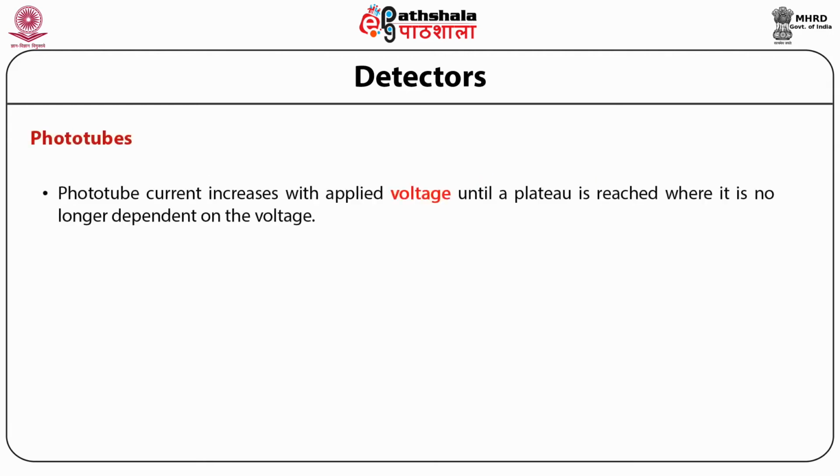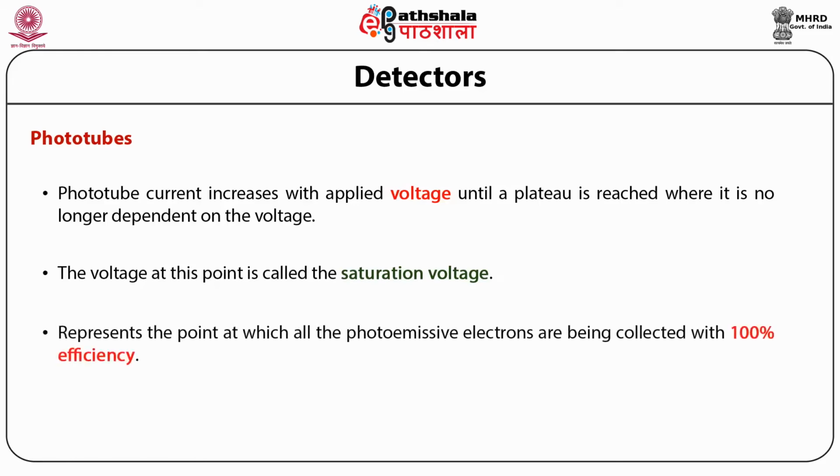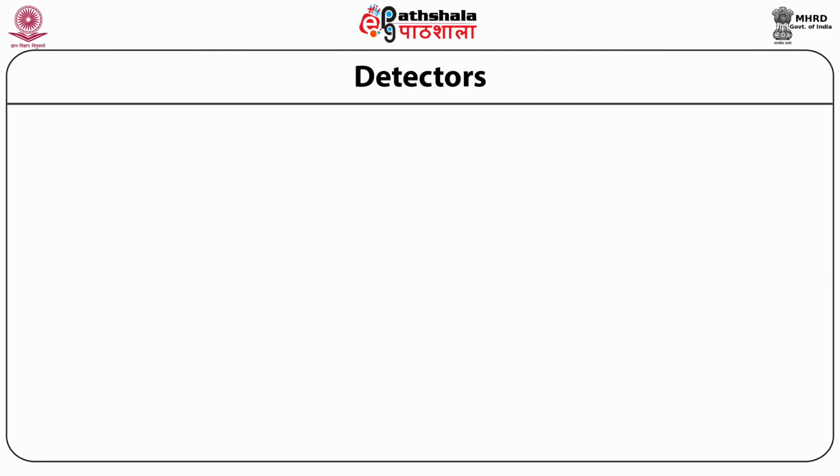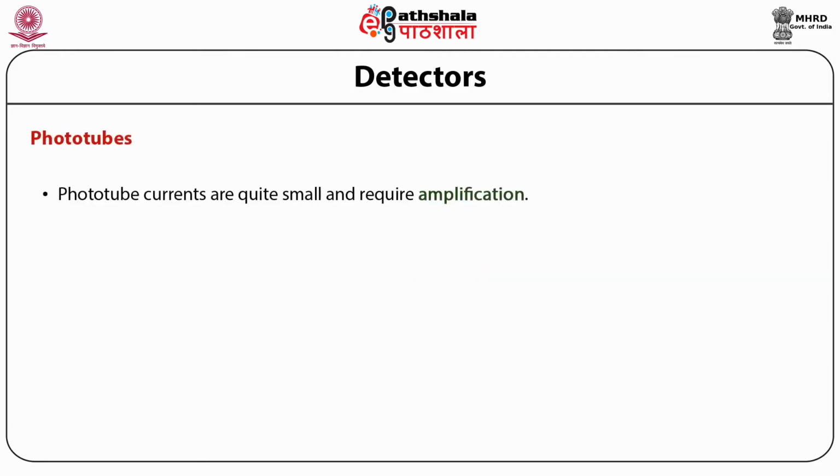The phototube current at a given radiant power increases with applied voltage until a plateau is reached where it is no longer dependent on the voltage. The voltage at this point, called the saturation voltage, represents the point at which all the photoemissive electrons are being collected with 100% efficiency. Phototubes are quite small and require amplification in order to operate any common type of readout